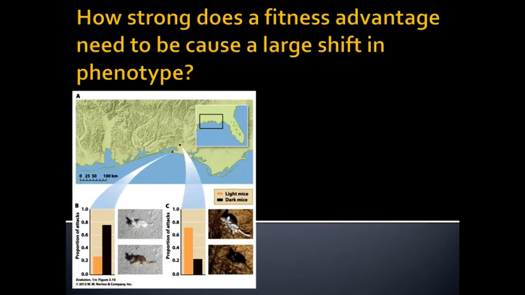Now remember, we try to isolate and set up experiments so we can just look at one feature at a time. But organisms are complex mixtures of many, many thousands of features. So an organism's overall fitness level would depend not just on its coat color, but on dozens and dozens of other characteristics. And so that also can complicate how organisms are going to react and adapt to their